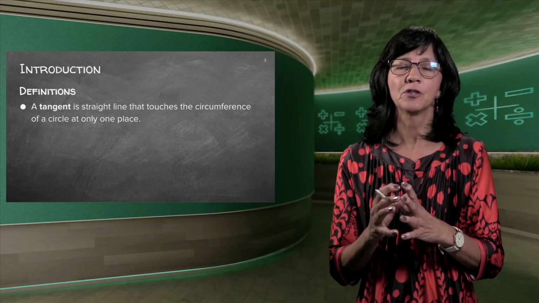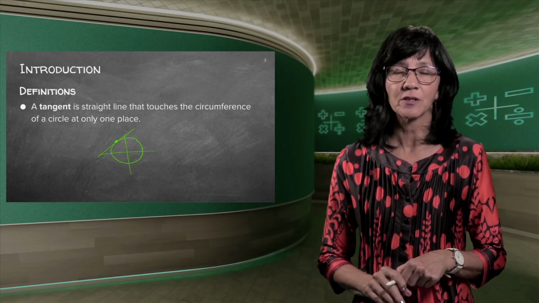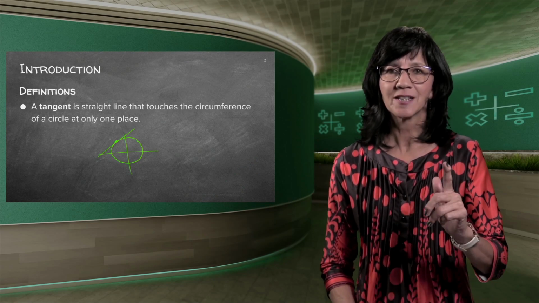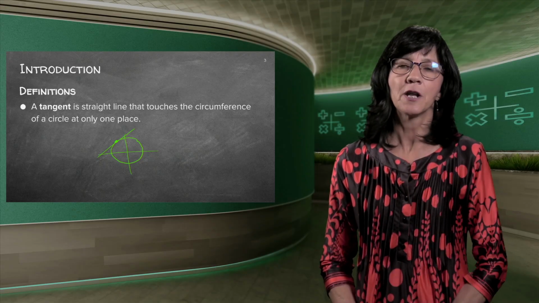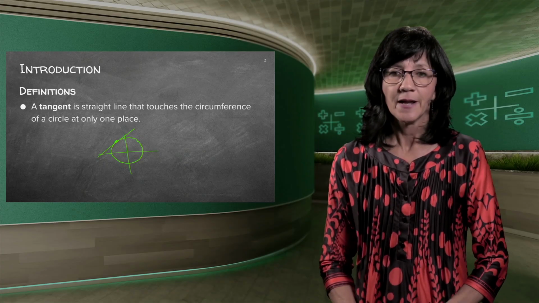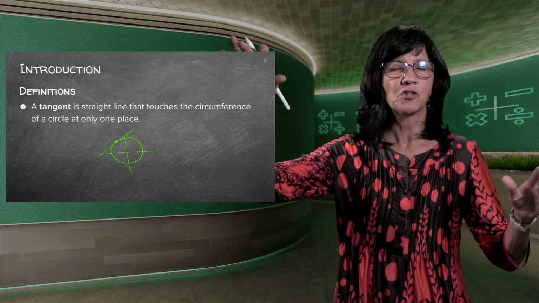Now, firstly, you need to know and make very sure that you know what a tangent is. If you can recall previously, we had a circle, and we had a point, and then we had a line only touching that circle at one point. It is a straight line, only touching the circle at one point. That is what we call a tangent. And I always say, touch, tangent, that's how you remember. If it only touches the circle once, then we know we are working with a tangent. Good. Now, if you can see the tangent, because it touches the circle only once, it goes just wherever.